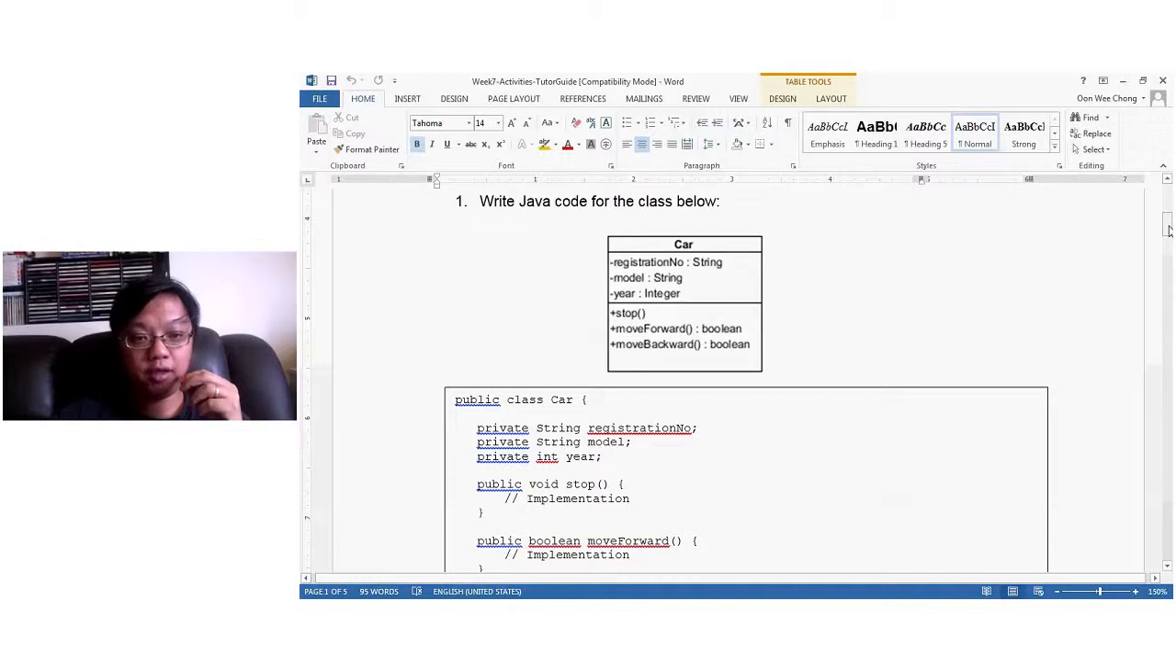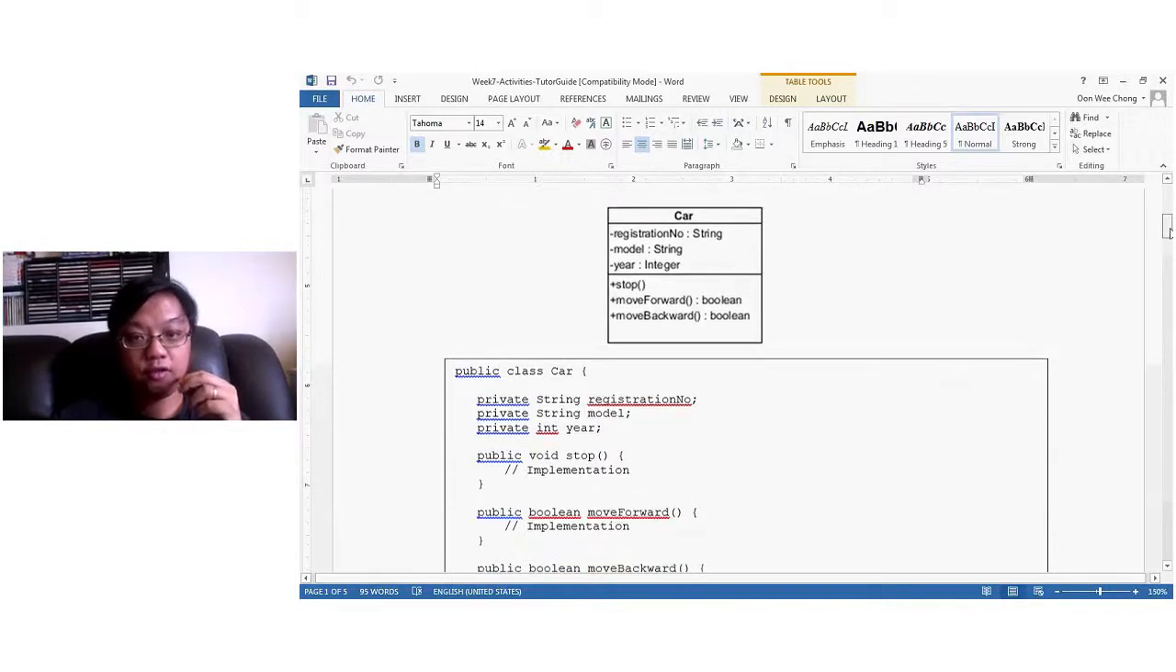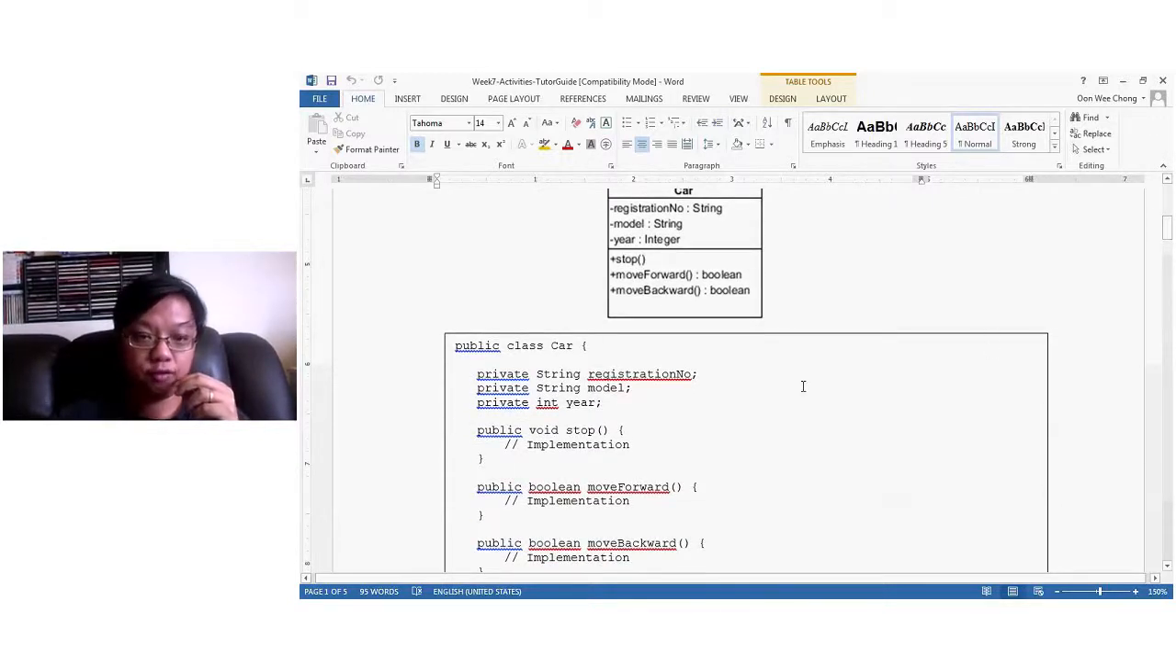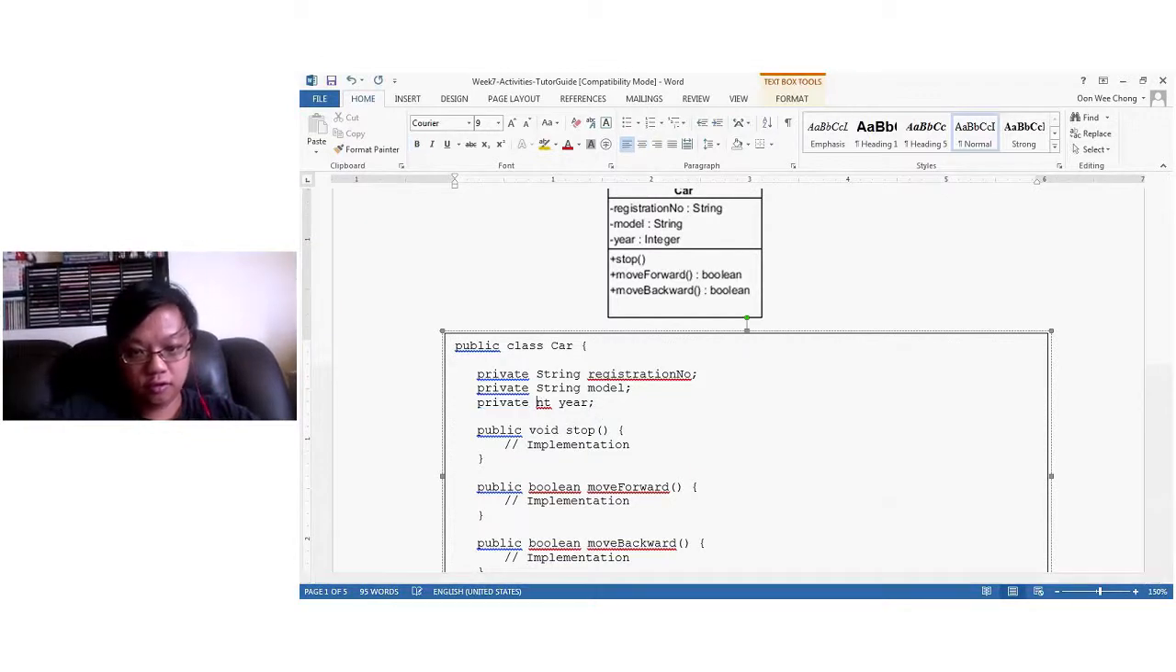You declare public class Car. Registration number is a string that's private, so private String registrationNumber. Private String model, private int year. Notice that it says Integer, capital I. If you change this to Integer,